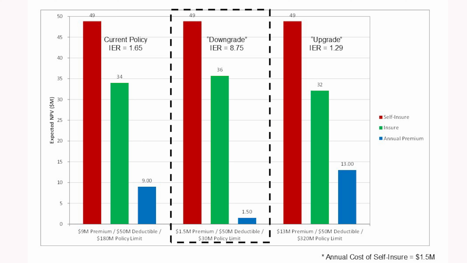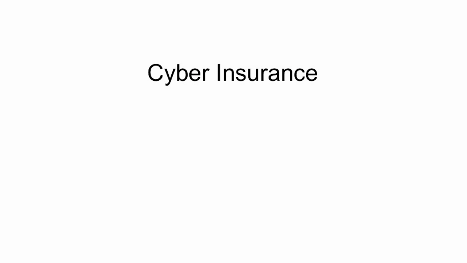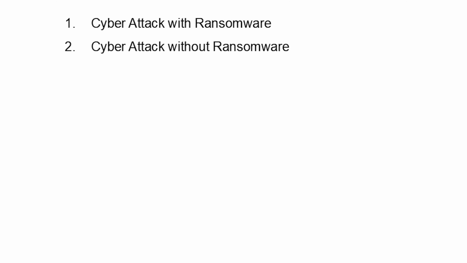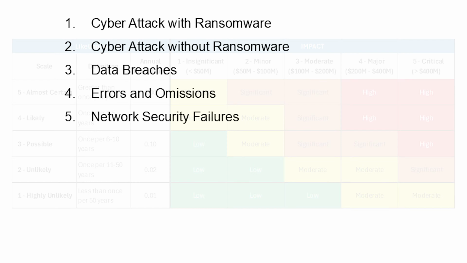Overall, downgrade is the most efficient product liability policy with an insurance efficiency rate of 8.75, while also resulting in a comparable reduction in product liability expected risk liability. Considering cyber insurance, the company's insurance team performs a similar exercise, identifying the issues that could trigger an insurable event,